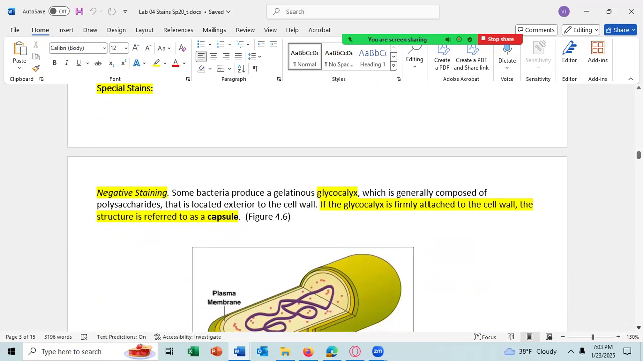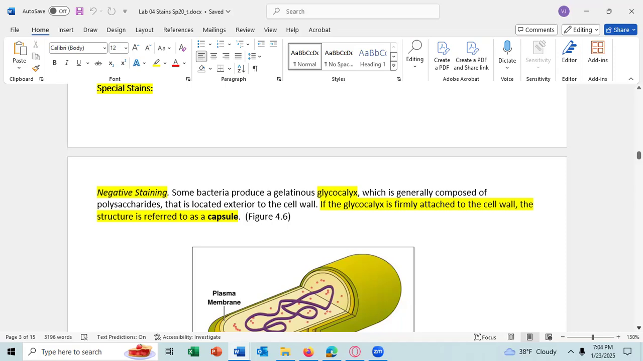All right, let's talk about the special stains. Remember, the special stains are stains we use to stain a particular structure within the bacteria. There's the negative stain, which stains the capsule of bacteria. Remember, a capsule is one type of glycocalyx, a substance secreted by the bacteria, and so it's outside the cell wall. If the substance outside the cell wall, meaning the glycocalyx, can be seen with the